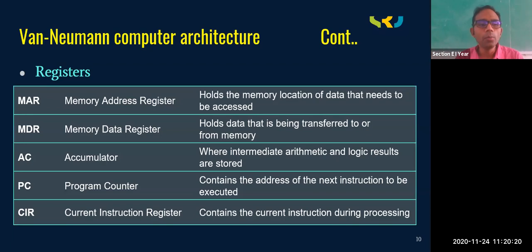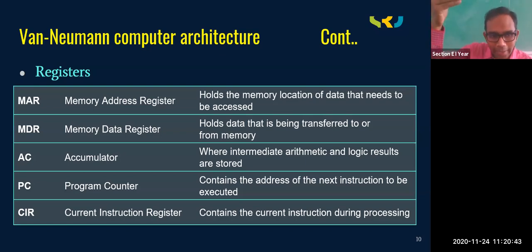Next one is the program counter. The program counter contains the address of the next instruction to be executed. What is the next instruction that is to be executed? After this slide, which slide comes? The number of the slide will be stored in the program counter. After my class, whose class is there? Say mathematics class is there. After this class, the program counter is going to hold the address of the mathematics class.